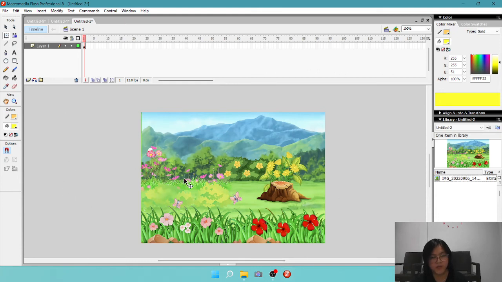I took this background from Google. Then I edited it to add more flowers. Then add a layer for the bird. Then we enter the bird and make it as before.